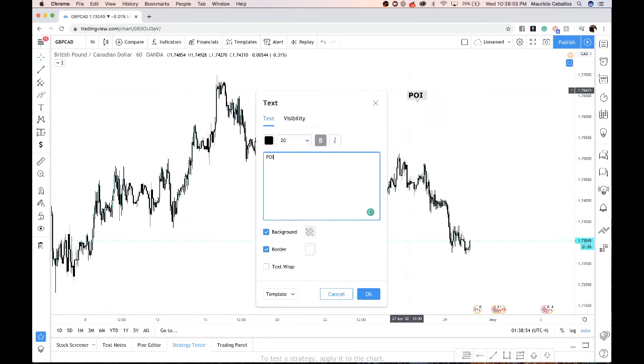Point of interest, POI. There are several ways you can see this. Many people know them as institutional points and so on. But I want you to know how you can identify potential points of interest. There are three types of things I look for: one is an area of imbalance, one is accumulation of price, and the next one is